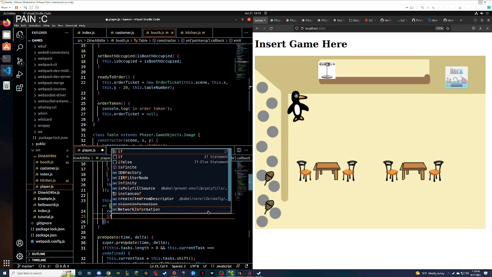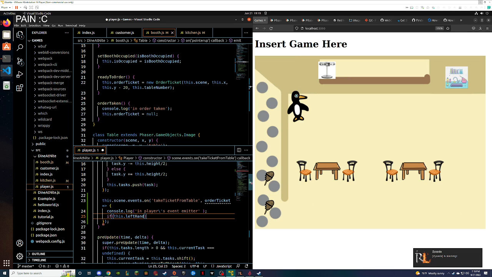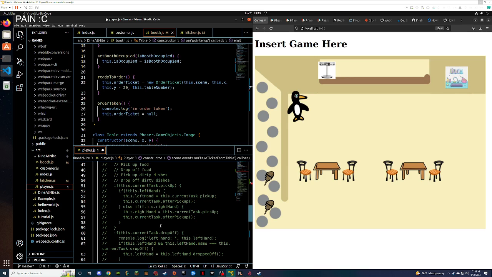We want if this dot left hand. How do we do this? It was if not this dot left hand. Which vaguely makes sense, but my brain is hurting, so it doesn't make sense to me currently. That's okay.